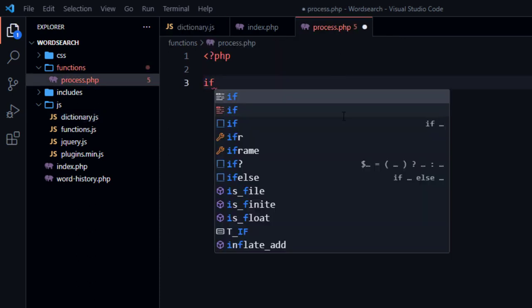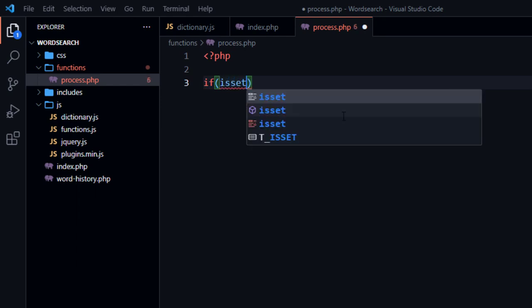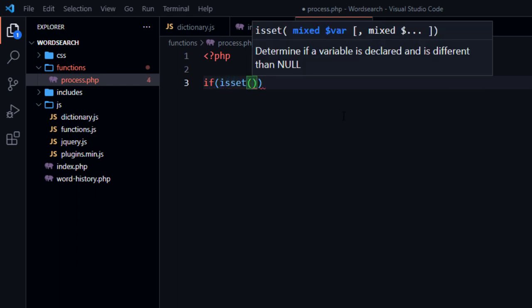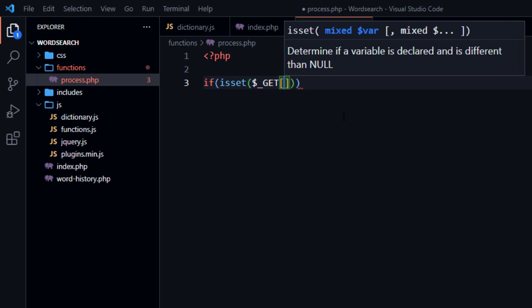So I'll say if isset. In PHP, you say if isset. That's when you check if a method is set, or if something is set. That's when you use the isset function. So we say if isset, there's a GET method, right? There's a GET method of action,